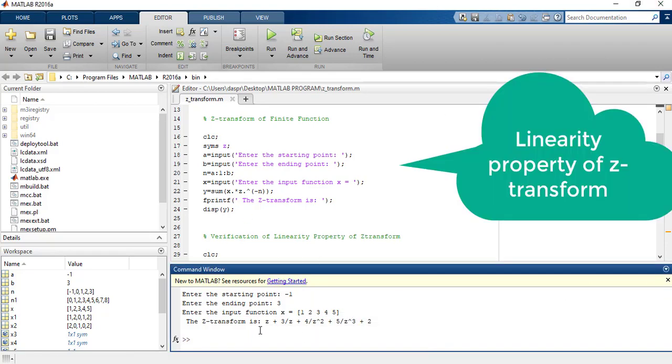See, I have calculated this by hand and this is my result. That means if you calculate this by hand, this result and the MATLAB result both are the same.